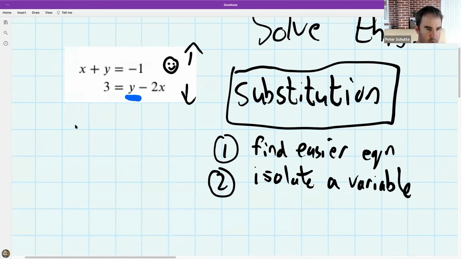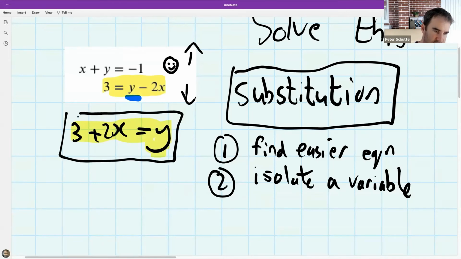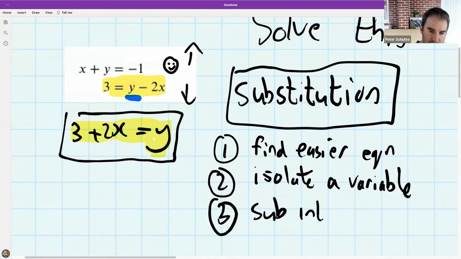So what did I say? I added 2x to both sides and I got 3 plus 2x equals y. And this is just the same equation written in a slightly different way. It's an equivalent equation. I've just done the same thing to both sides. Now, I'm going to take this equation that has been isolated and I'm going to put step 3, sub into